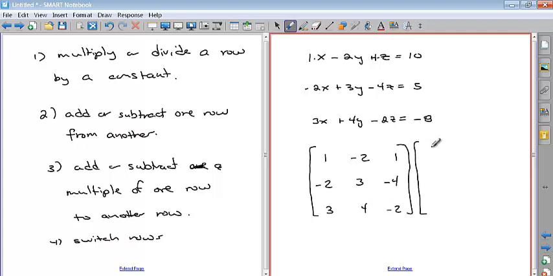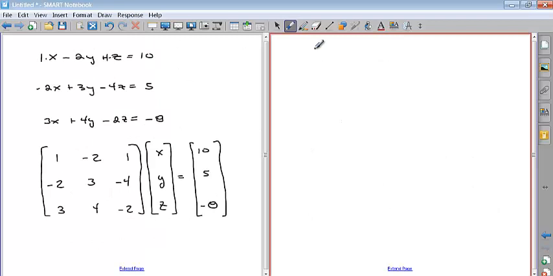That's multiplied by the solution matrix. That means that's what we're trying to figure out, the values of x, y, and z such that all 3 equations are satisfied. And these are the constants on the right hand side. So that's my matrix. Then what you do is create this augmented matrix, which is going to be